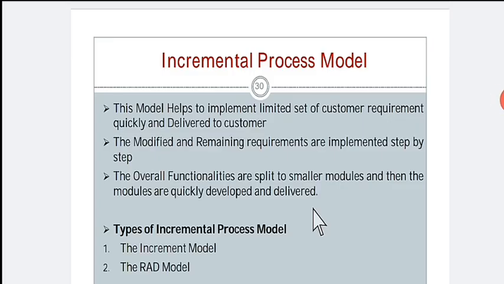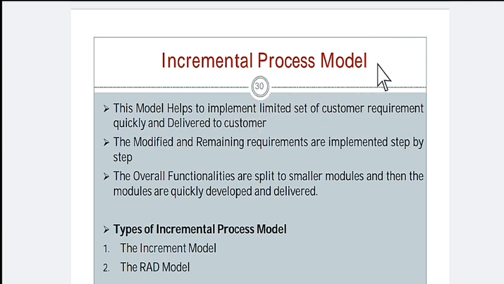Now the next type of model is the incremental process model. This model is somewhat faster than the previous models, because here the increments of your software are created separately, so that's why it is somewhat faster than the previous model.